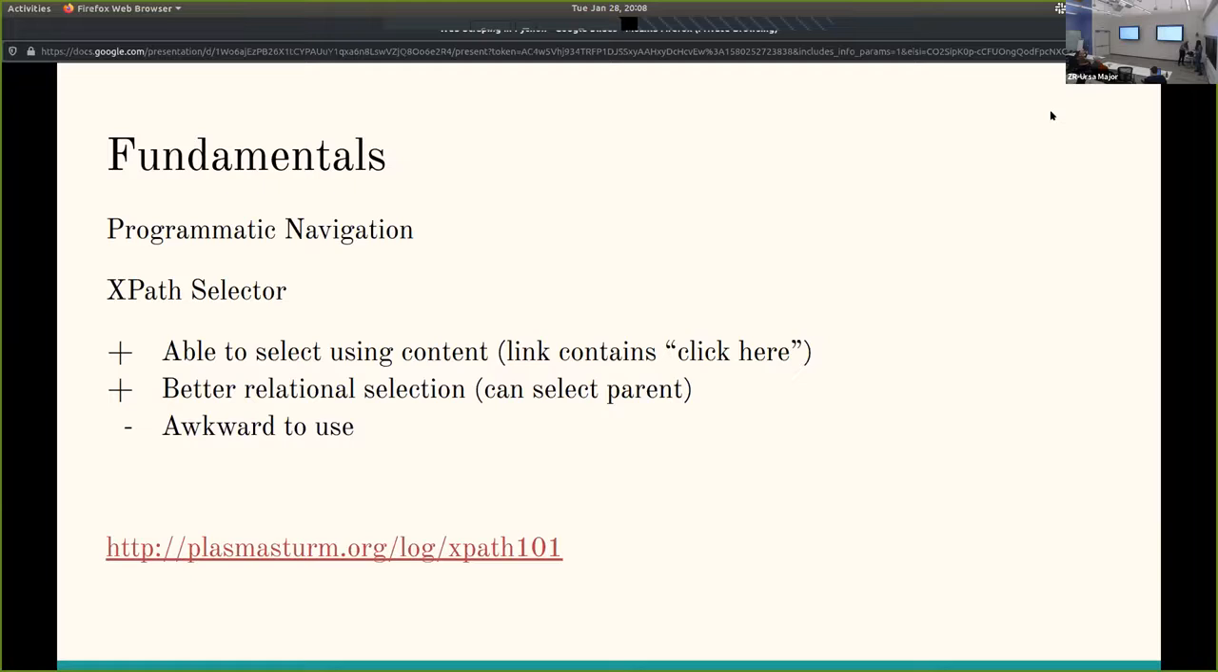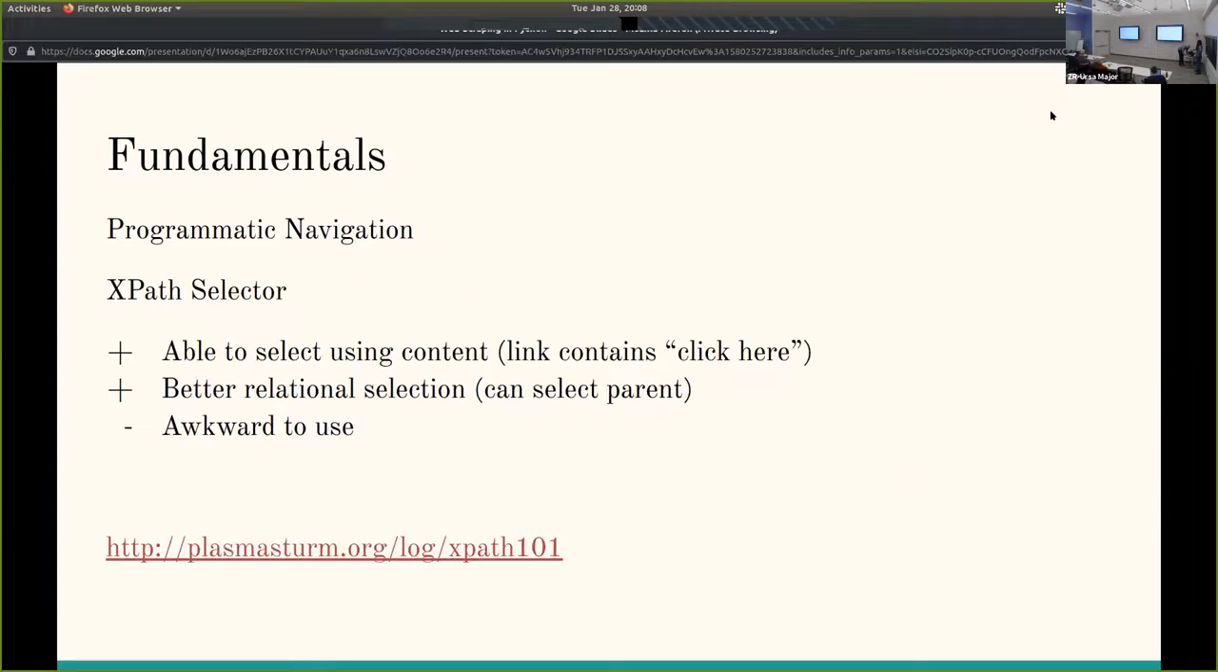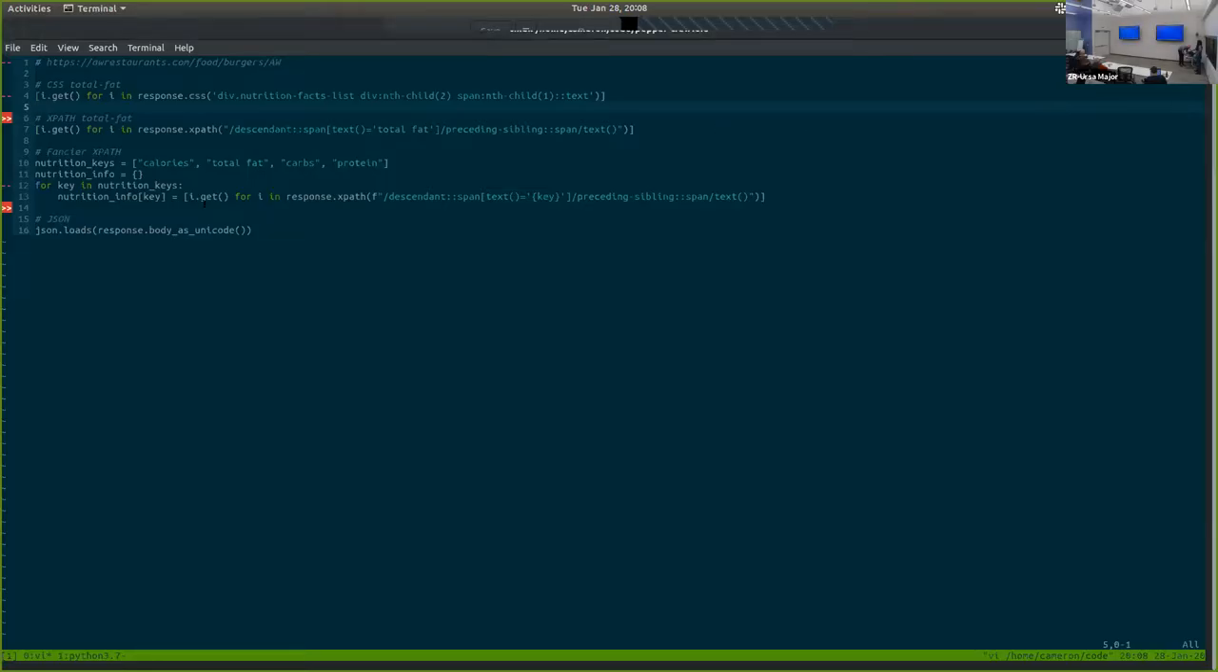I put little links about where you can learn more about each of the selectors. Thank you, Mahmoud. And here are some examples of what it would look like. Right, so if I want to do a CSS selector,